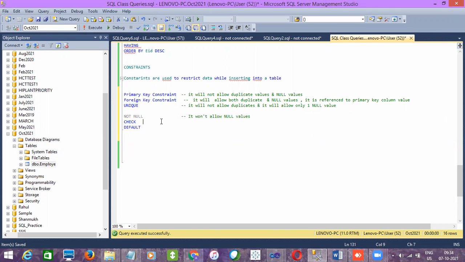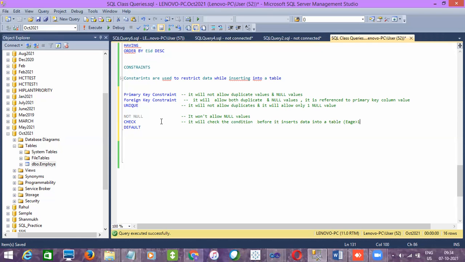And then check constraints. It will check the condition before it inserts data into a table, which means let's take an example of employee age.